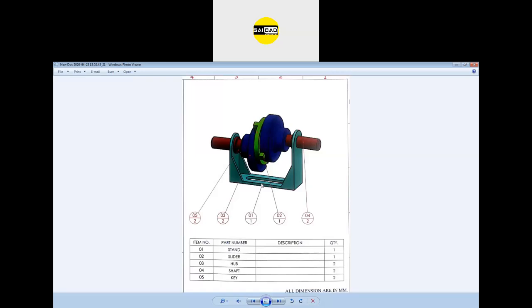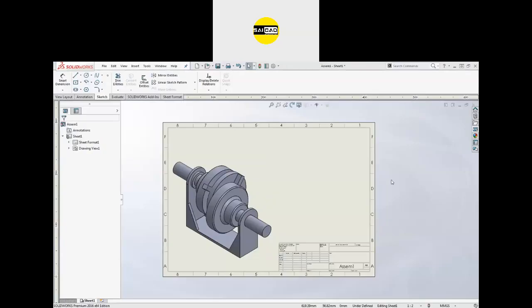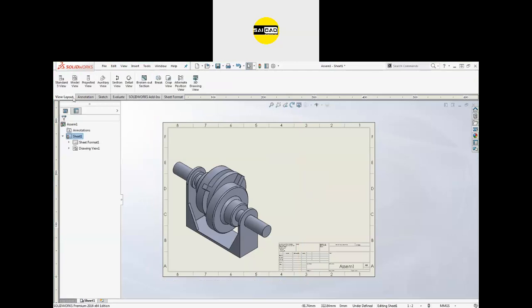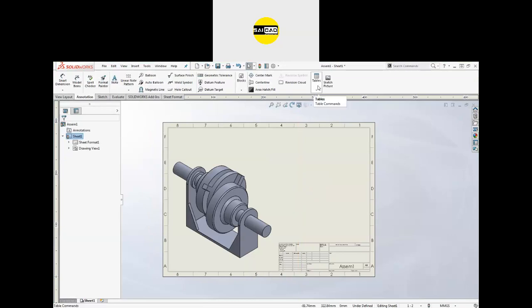Okay, so you can see that we have the assembly view like here. We have some balloons here, and we have a table of bill of material here. So how to create this one? To add the bill of material, you will have an option here in the annotation. We have a table option here. We can insert the table, and to add the balloons, we have the option balloon and auto balloon like that. So first I'm going to insert the bill of material.